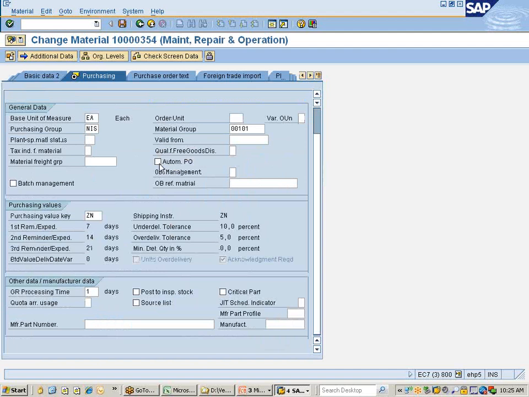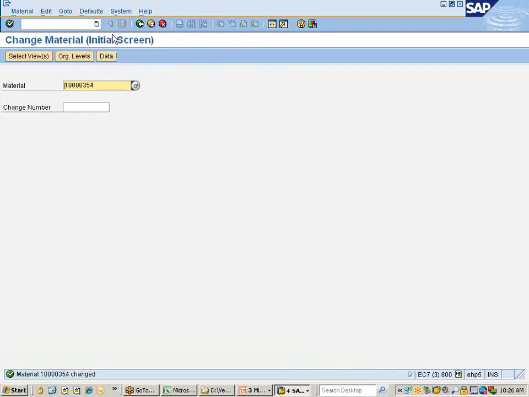You see here, auto PO creation. First of all, this needs to be set up. When you have this indicator maintained for the material, the next thing is when this is sourced from a vendor, then you want the PO to be created, right? So the next one,